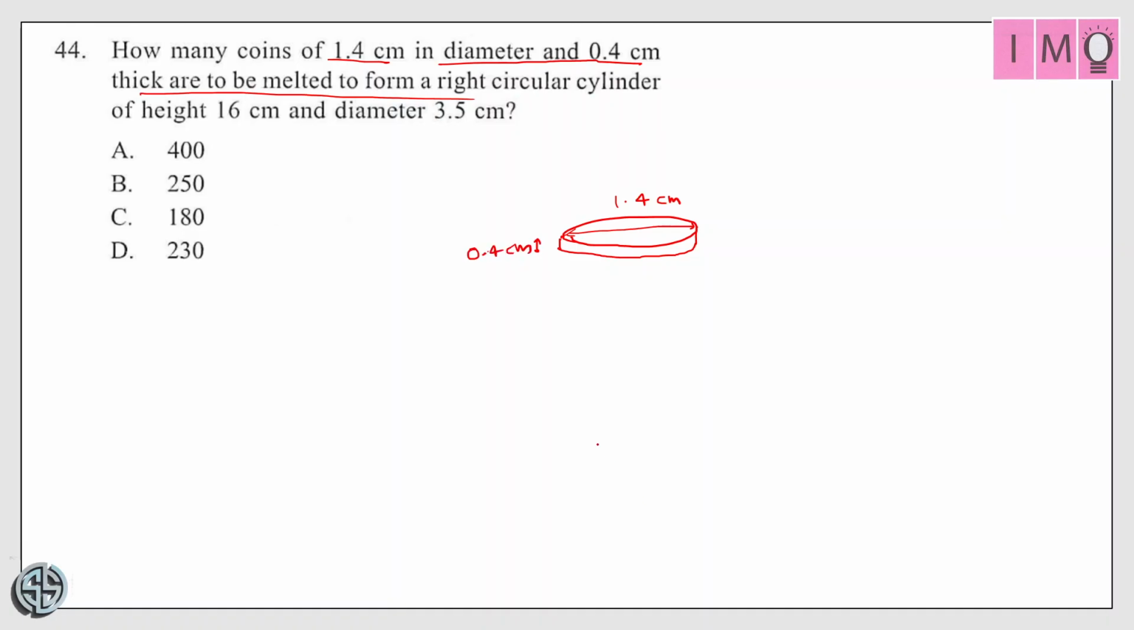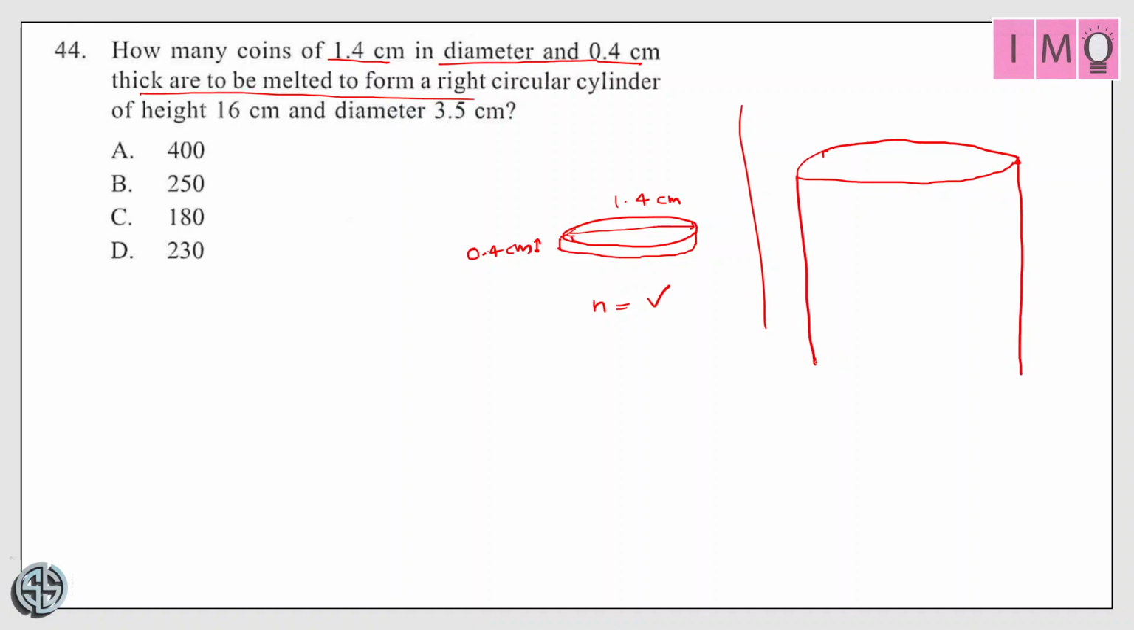Now it is asked in the question how many such coins are melted so that we can form the cylinder. You have to take n number of such coins, right? Because we have to find how many such coins will be melted. So I am taking n number of coins of that size to be melted to form a right circular cylinder. The right circular cylinder will look something like that. If I make the diagram, it will look like that. And you can see it is our right circular cylinder of height 16 centimeter. So its height will be 16 and the diameter they need is 3.5